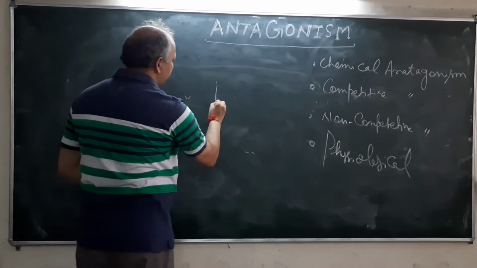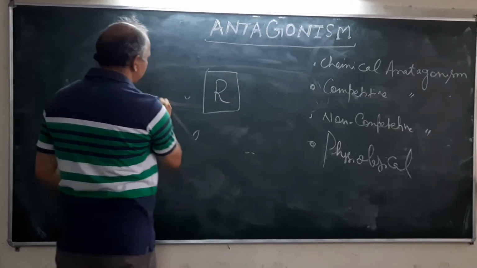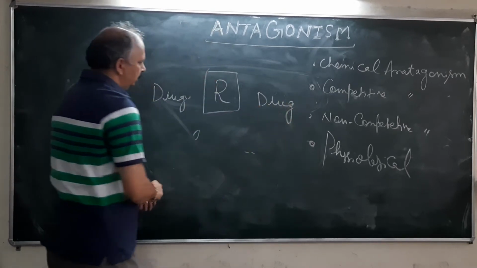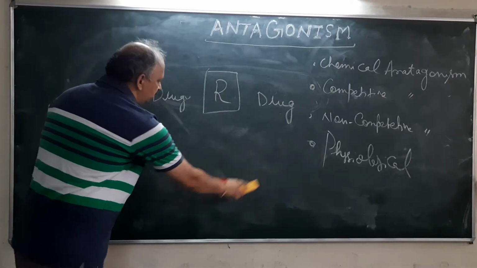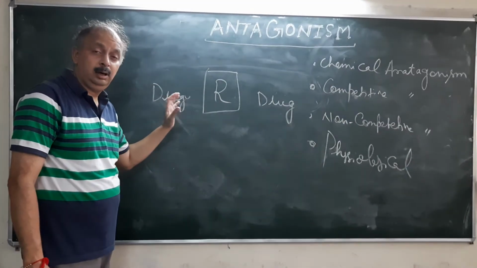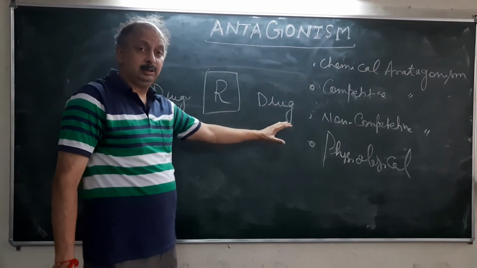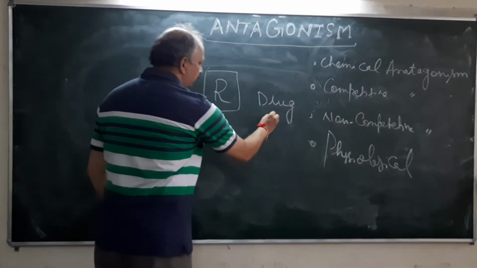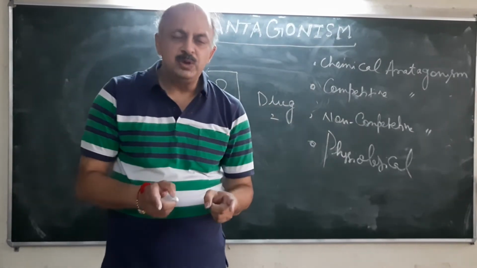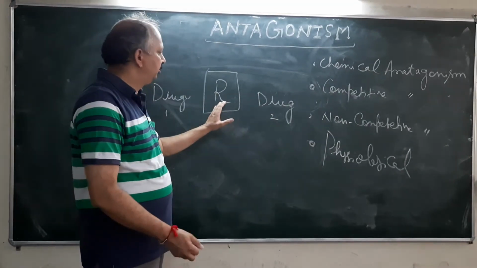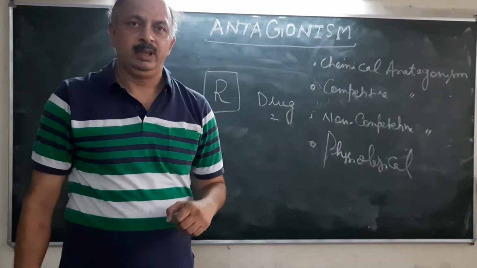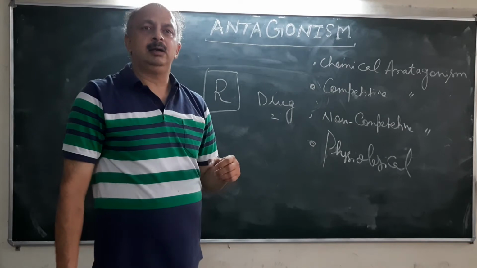So this is the receptor, R is the receptor, and this is the drug, and this again is the drug. Either this drug is having more affinity, more concentration, or this drug. This is drug 1, this is drug 2. In दोनों में से the drug which is having more concentration will bind to this receptor and show its pharmacological action. This is competitive antagonism, and this is used in the treatment of